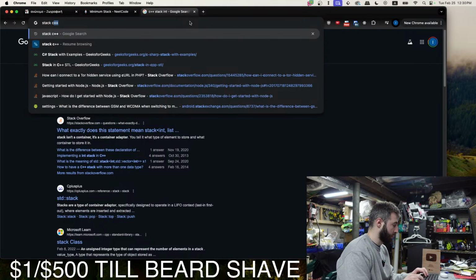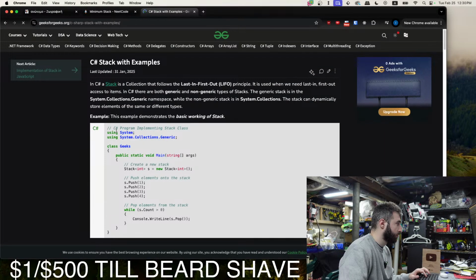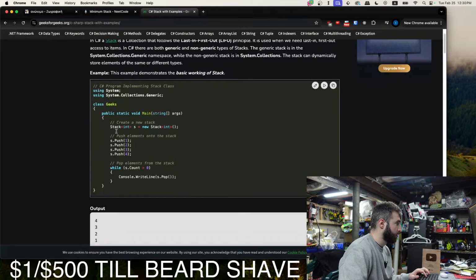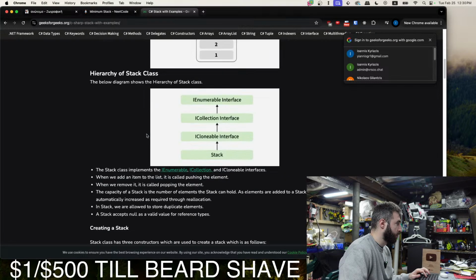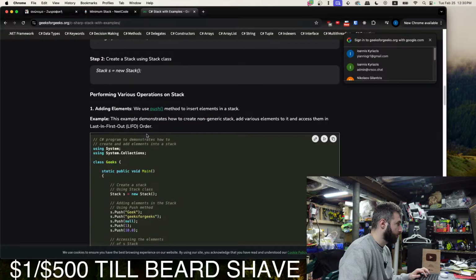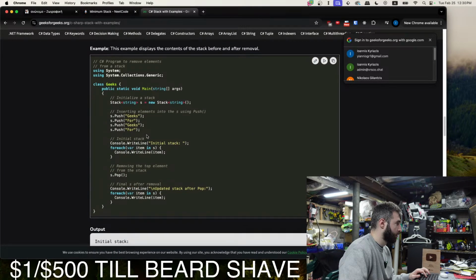Stack C#. Dot push. Okay, that's how we initialize a stack in C#. Nice. And we have push, pop.